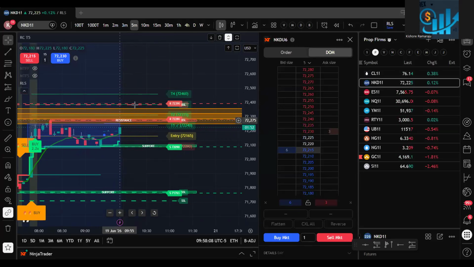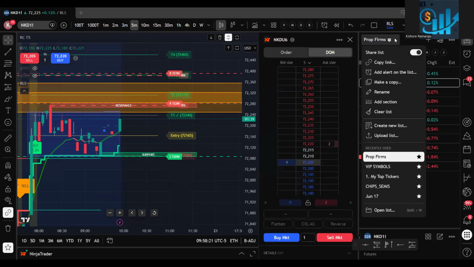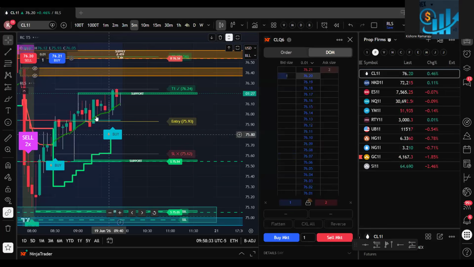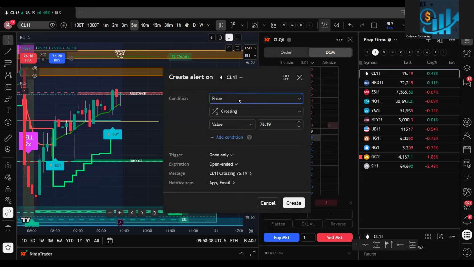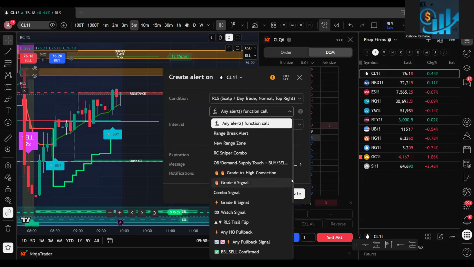So mostly where you have resistance, they will try to take it a little bit up, do a fake breakout, and then we'll see a major drop. That's the advantage. One more time I repeat. To grab those bigger liquidity levels, if you have an essential TradingView plan, you have to go to each ticker. If you already have access to indicators, then you are creating an alert on crude oil. Go to RLS and then you set it up.